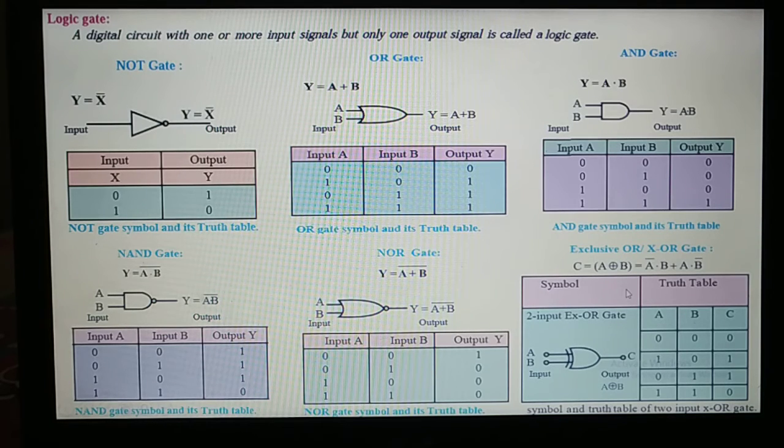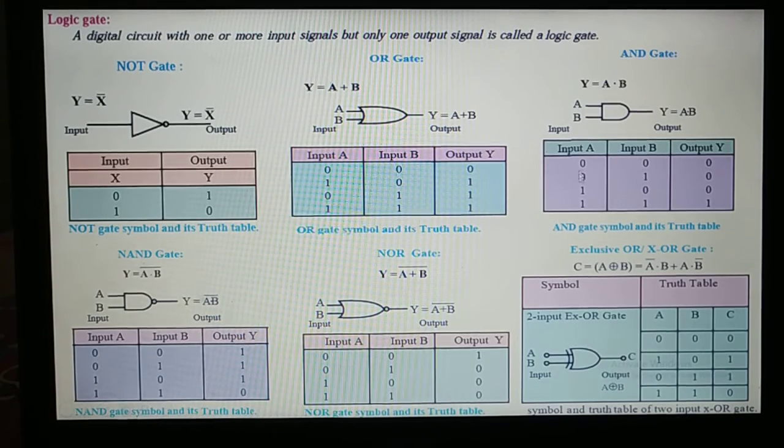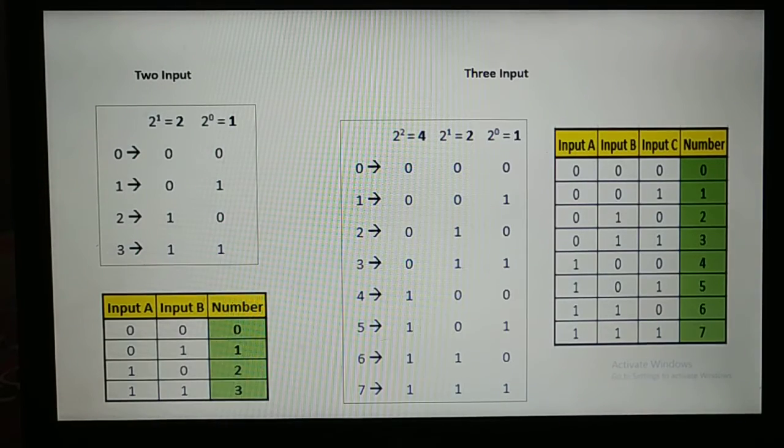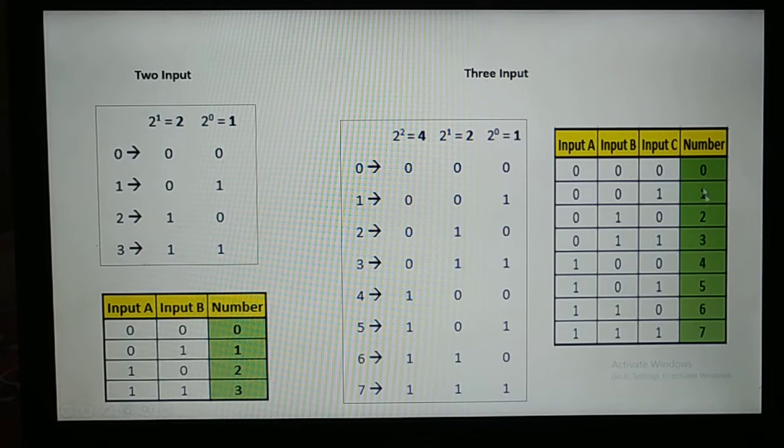So this is clear, the gates are over. Now I'll let you know the reason and logic behind writing this 0011 0101. It is very simple to mug up. If it's 3 inputs, it will be 000, four times 0, four times 1, then 0011. I'll show you in the next table. If we have 2 inputs, which is precisely for logic gates, we write 0011, 0101. If we have 3 inputs, we write 0 0 0 0 1 1 1 1, 0 0 1 1 0 0 1 1, 0 1 0 1 0 1 0 1. Like this we used to mug up.